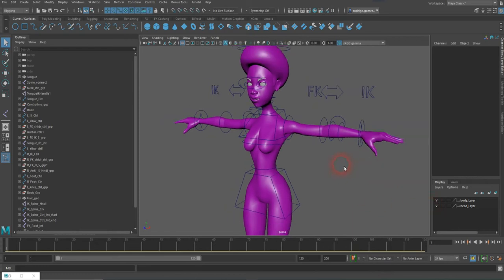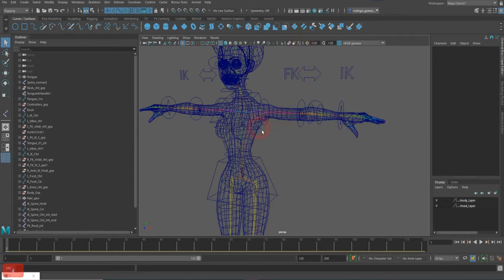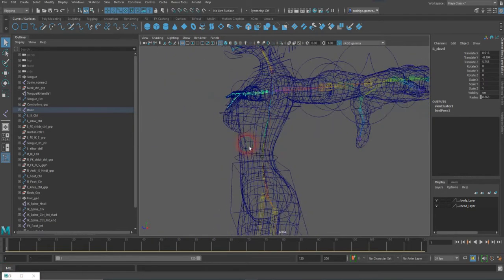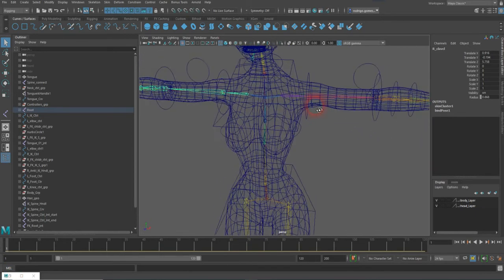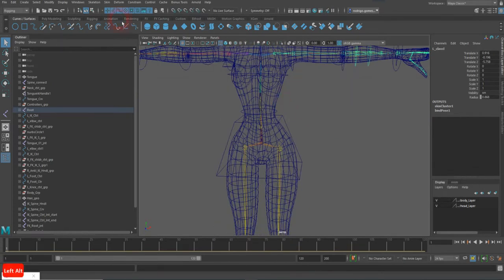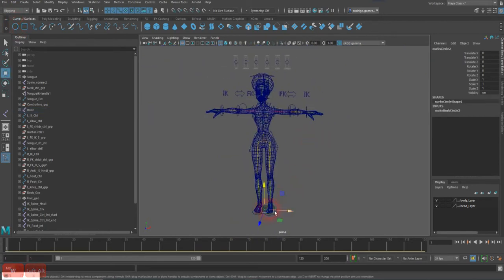Moving on to the process of the rig of the character, I just need to prepare a few things before I do the actual binding of the character. So I'm going to make sure that my shoulders are connected to the main body, and I'm going to create a couple of connections, controllers for my clavicles. The clavicles don't have any controllers yet, so I'm going to create new controllers for that. I'm just going to create a circle there, grab it, and snap it to that joint right there,